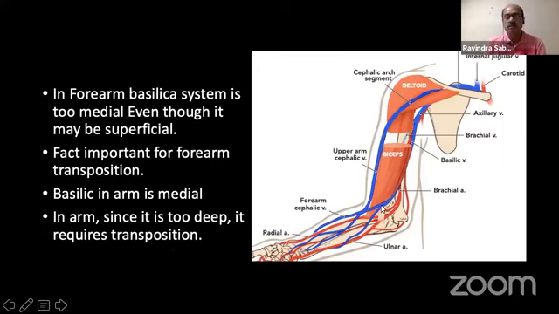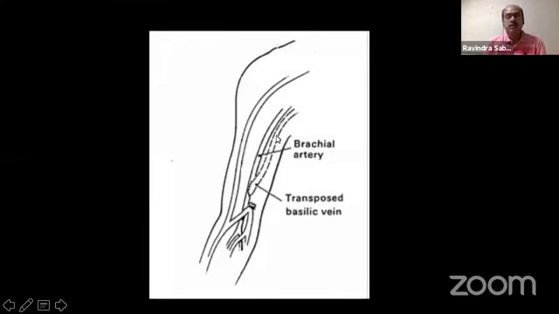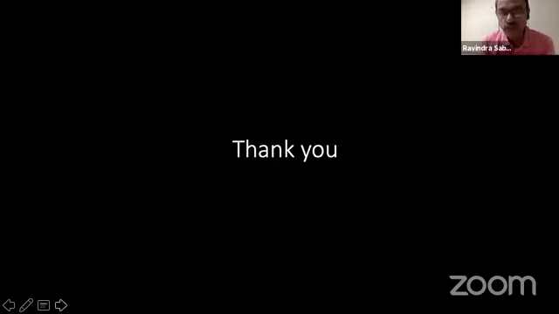Also, you can see here that the basilic vein actually gets covered, goes into the deep fascia and goes under the muscles. You can see here that the basilic vein is quite deep, and therefore even if it is superficial here, if you do anastomosis here, it is of no use, because the majority of the vein which is dilated is actually underneath the fascia, underneath the muscle. So if you have to utilize it, the whole vein has to become superficial, that can be transposed. So that is in short about the vascular anatomy.